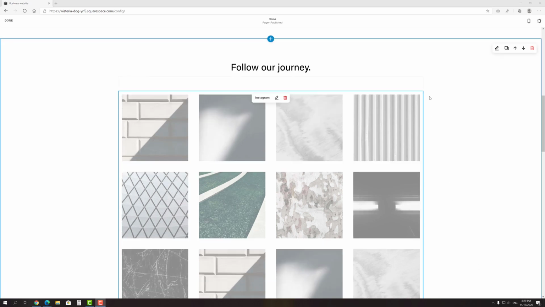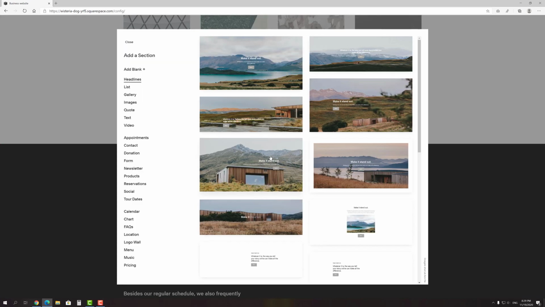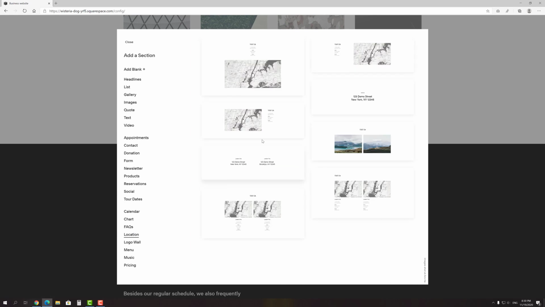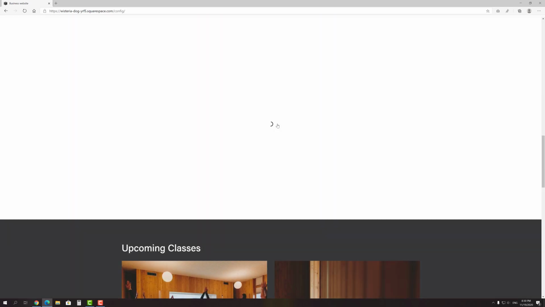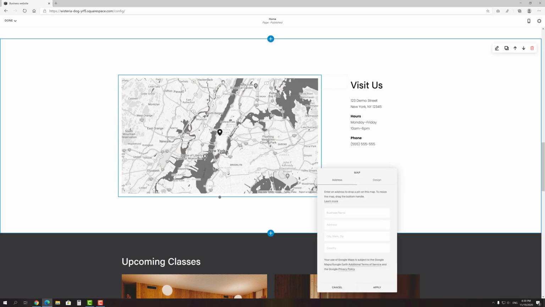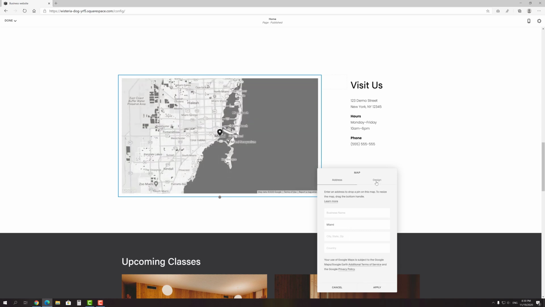Now let's add a map with the restaurant's location to make it easier for visitors to find it. Go to the Location tab and select the section that suits you. You can enter your address in the settings to drop a pin on this map. You can also select which map design you prefer.